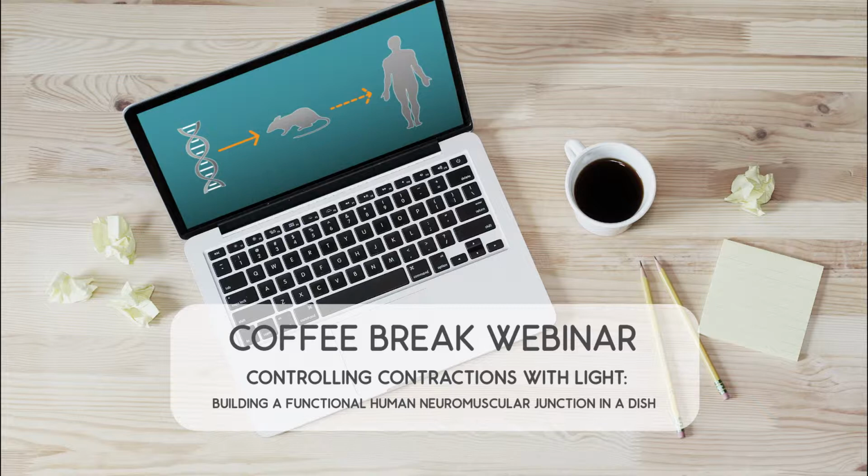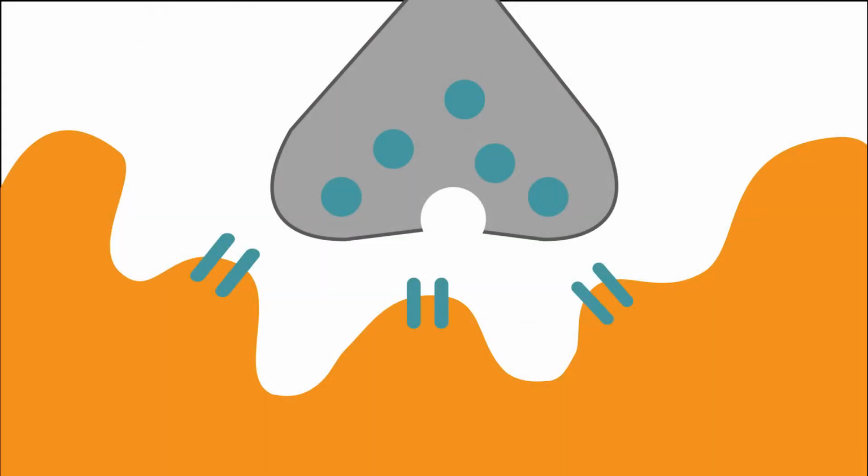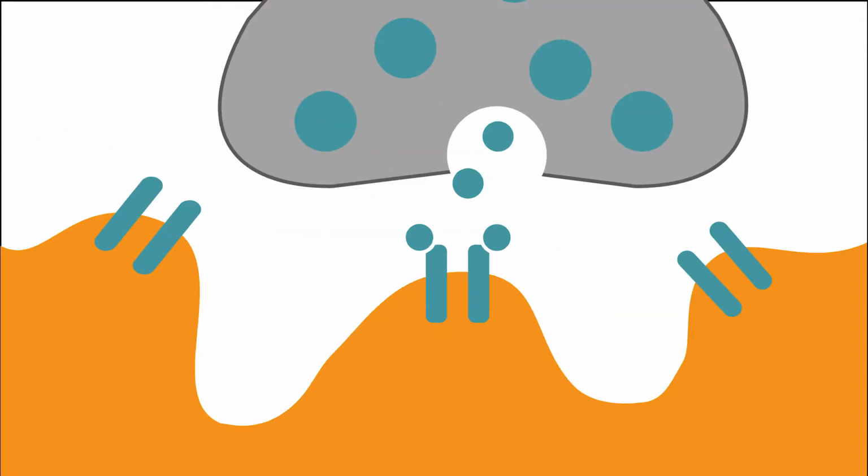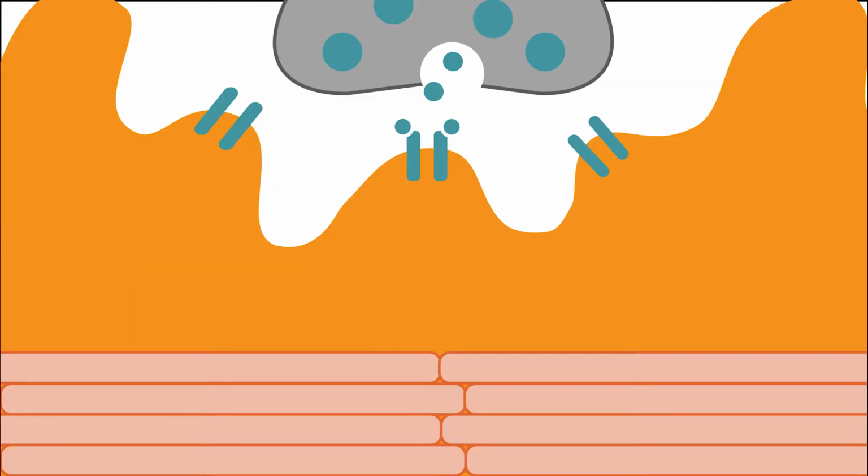Today's topic is Controlling Contractions with Light, Building a Functional Human Neuromuscular Junction in a Dish. The neuromuscular junction is a synapse formed between a motor neuron and a muscle fiber. When an action potential reaches the presynaptic terminal of a motor neuron, it can trigger the release of the neurotransmitter acetylcholine into the synaptic cleft. The binding of acetylcholine to the receptors on the muscle fiber depolarizes the cell, causing a cascade that eventually results